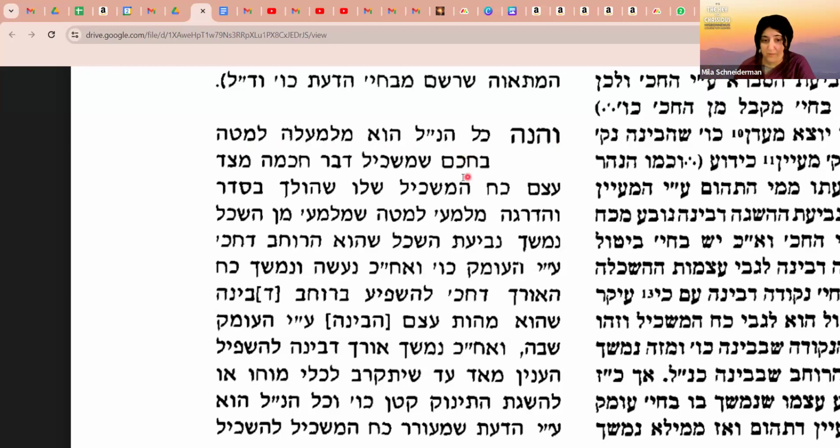V'chacham, hamaskil devar chachma, mitzad etzem koach hamaskil. This process is by a chacham, the one that's able to conceptualize a particular wisdom, mitzad etzem koach hamaskil, through the essence of his koach hamaskil. Shaloi. Sheholech beseder v'hadraga milamala lamata. That is going with a particular order from level to level, milamala lamata, from above to below,